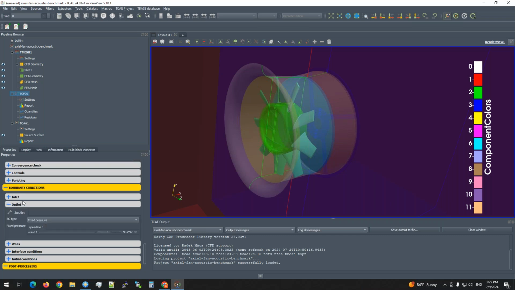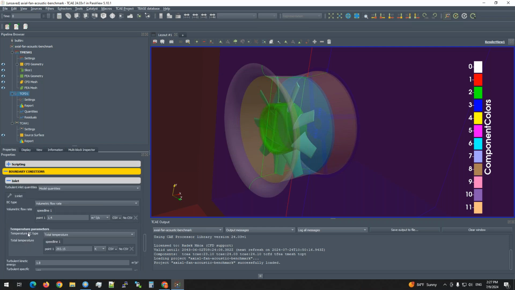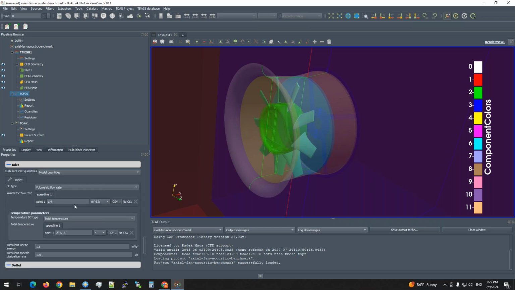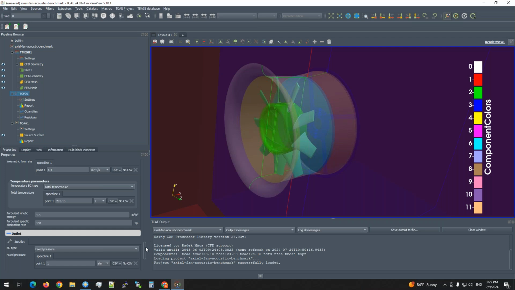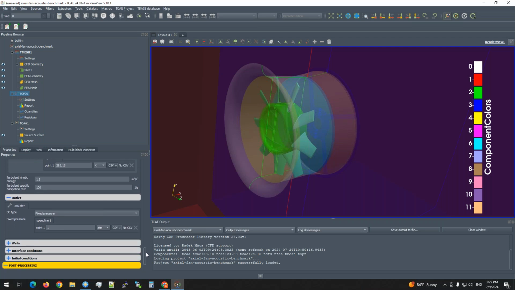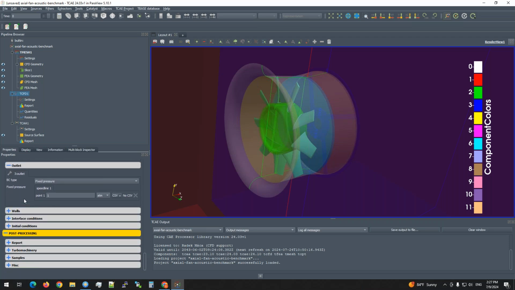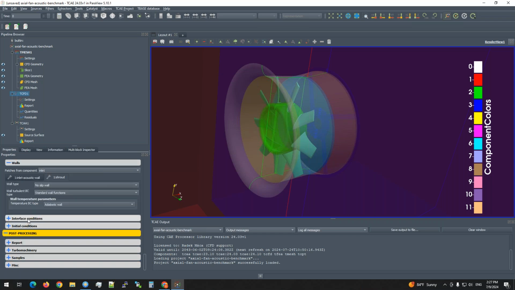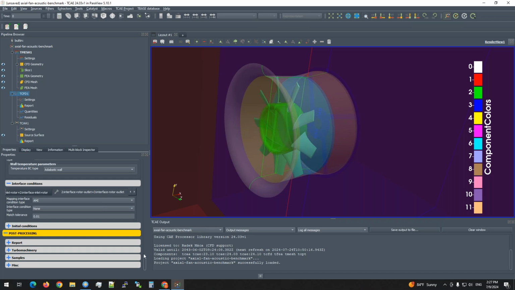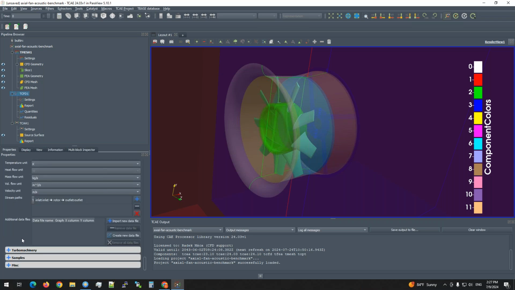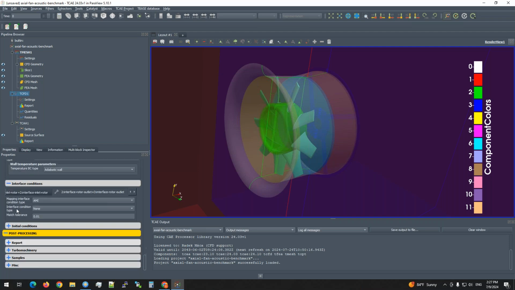What is important here are the inlet and outlet boundary conditions. We are simulating the fan at some specific conditions, I think close to the best efficiency point for this axial fan. Standard boundary conditions, walls, interface conditions, everything is as in a standard simulation, including the report and all the other